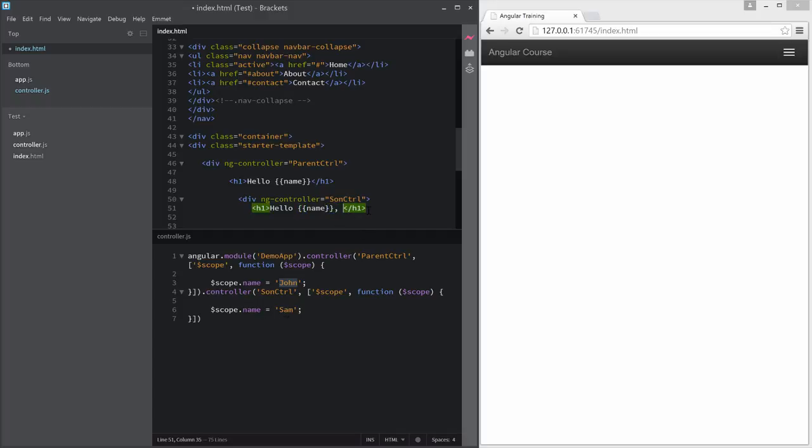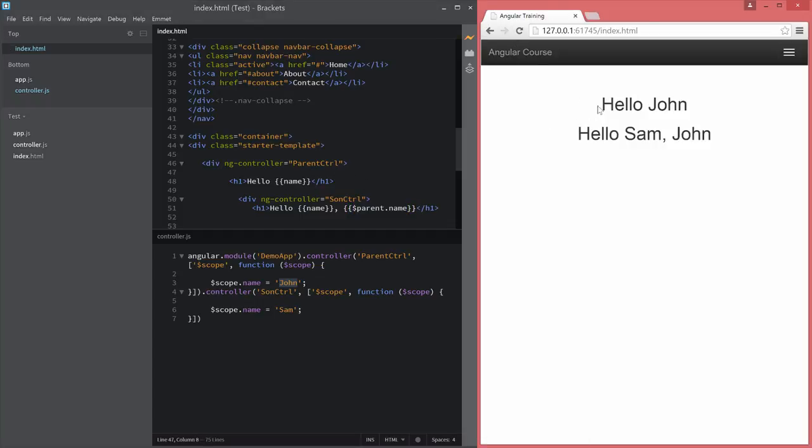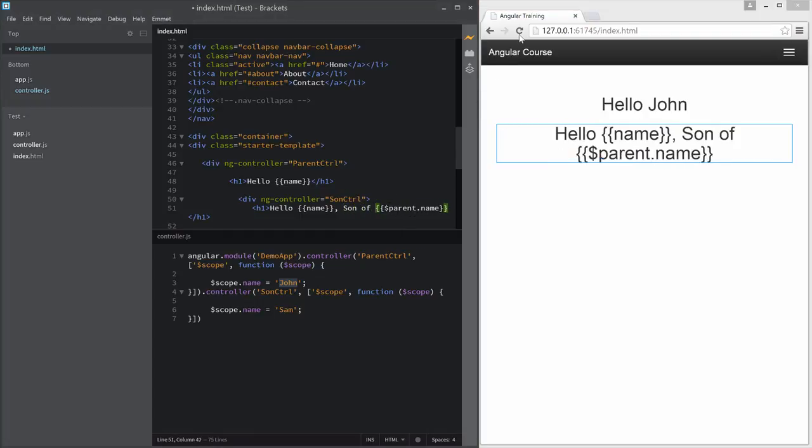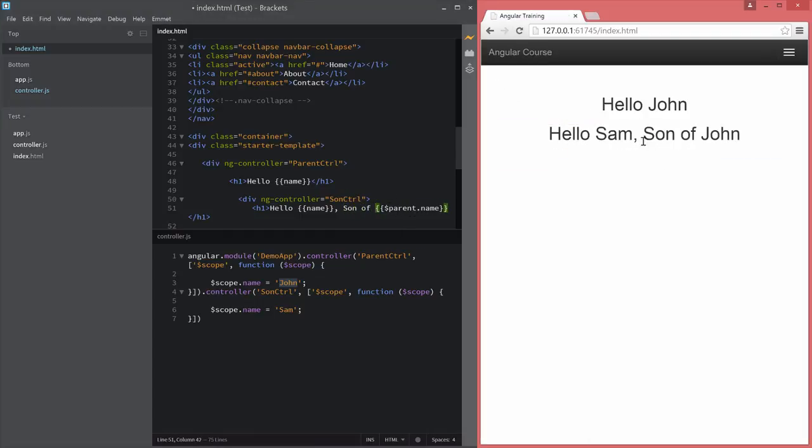And then we want to actually access a parent scope property, and to do so, we'll do $parent.name. If I've done everything properly, if I refresh my page, I should now see hello John and hello Sam, son of John. That's right, it works,